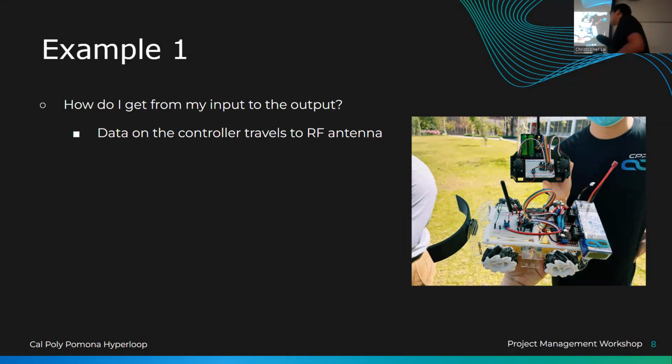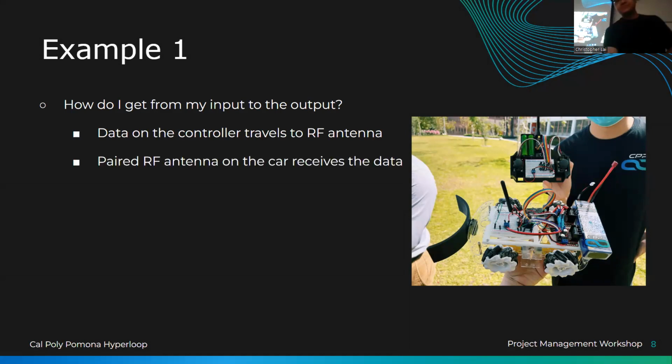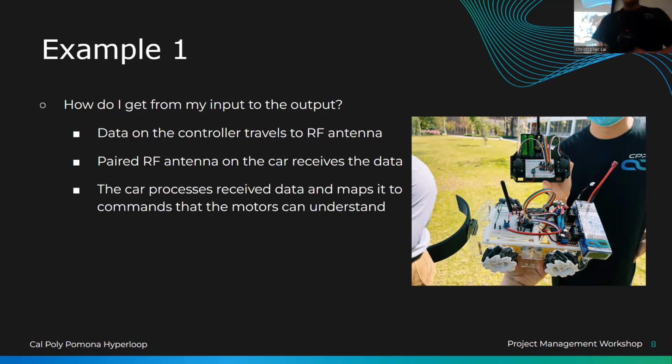So the data on the controller travels to the RF antenna through the Arduino. The Arduino takes the data and processes it, and puts it to the RF antenna. And then the car receives the data. So the car will get the data from the RF antenna through the wireless communication channel. And then the car's Arduino will process that data and map it to the commands that the motor can understand, right? So it goes from the antenna to the Arduino, does a bunch of logic, and then passes it to the motors. Now, I'm simplifying a lot of steps here because, again, we're looking at this from a high-level perspective,